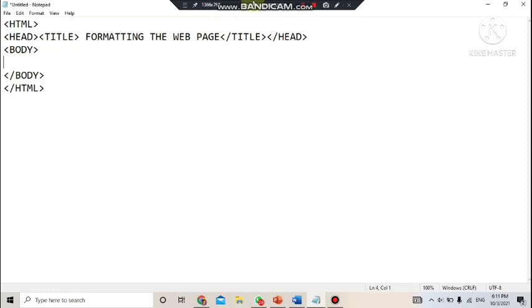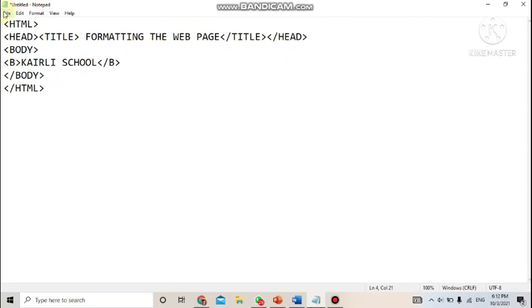Okay. So here the three things, basic text formatting, which we'll start with: making the text bold, making it italics, and underlining the text. For bold we use the B tag, for italics the I tag, and for underlining the U tag. All these are container tags. So in the open tag and close tag, whatever you write inside will appear in that particular format. Like I want to write Carolee School, and I want to make it bold. So what should I do? Here in the beginning, I'll use the B tag, and wherever it is getting completed, there I'll close the B tag.